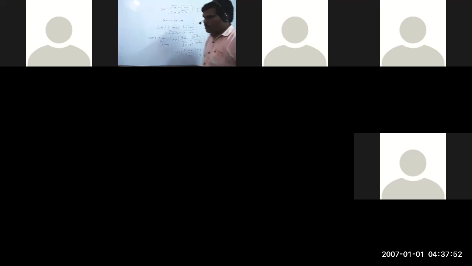So you can write this value root 2 into cos theta, and this is root 2 into sin theta whole by, here also root 2 into cos theta plus root 2 into sin theta. Now root 2 you can take common outside, then it will be cancelled. You will cancel very easily. So you can cancel that.